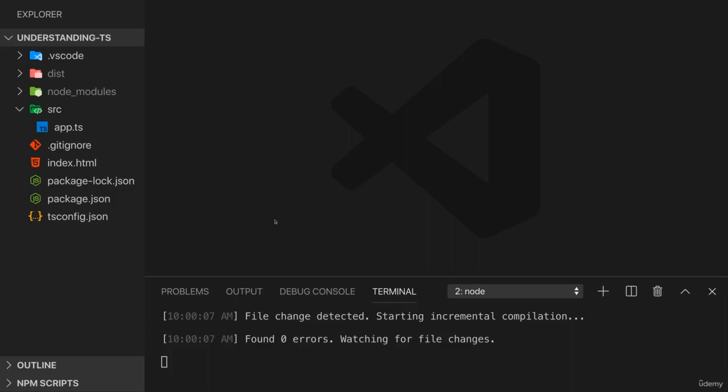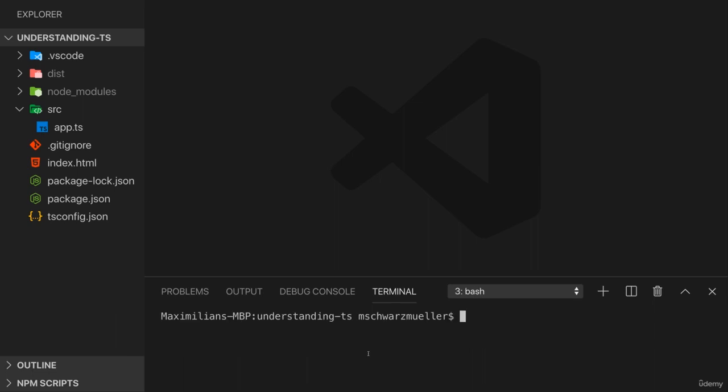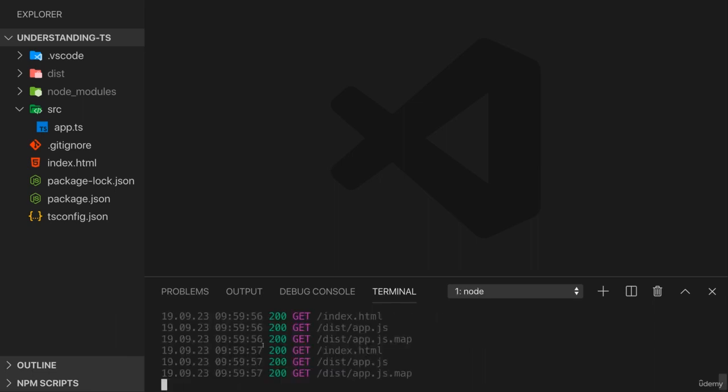For this, I got a little starting project for you. You find it attached. It's the same starting project we used over and over again. You start the development server with npm start, and then I started the TypeScript compilation in watch mode with tsc -w in a separate terminal. So here in my built-in terminal, I got two tabs, one with the development server, which